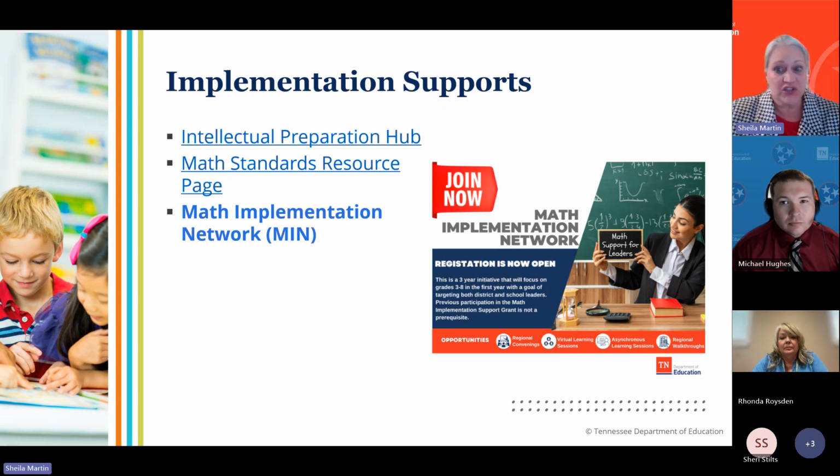So additionally, district leaders are supported by the regional core consultants like me, who work alongside district leaders to meet the goals you have in your LEA plan. And then here are some specific resources again from the department. If you haven't